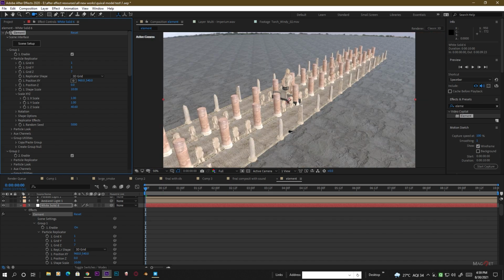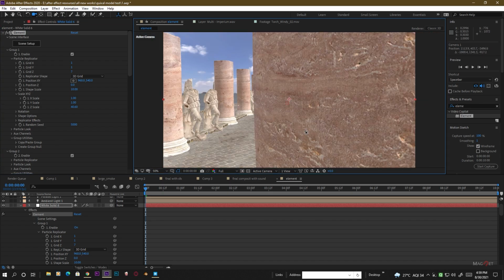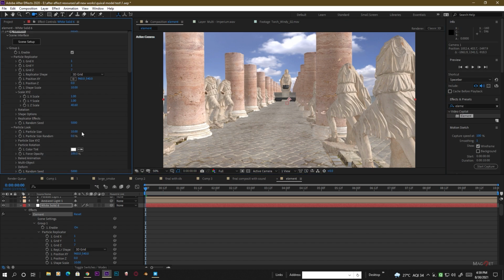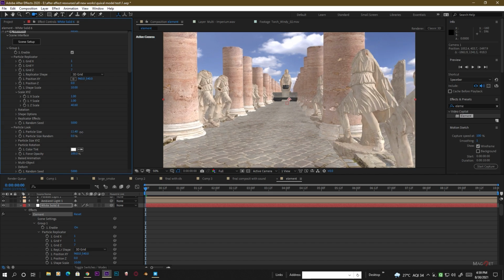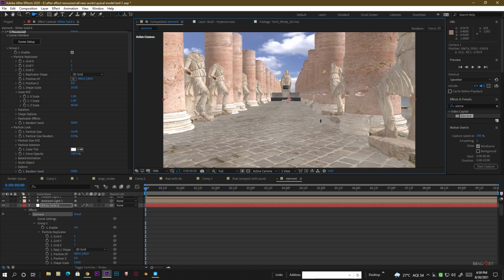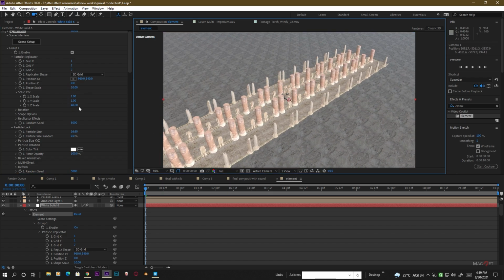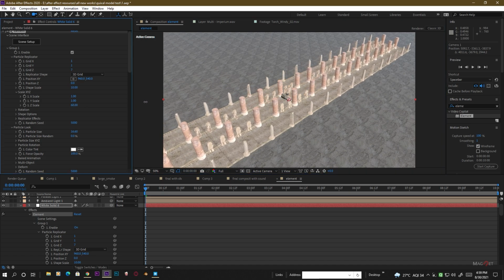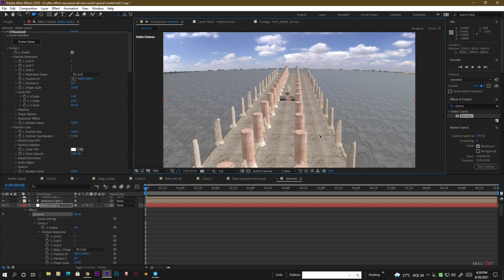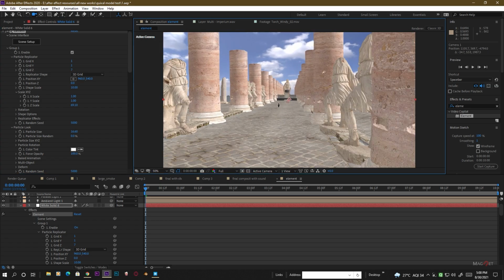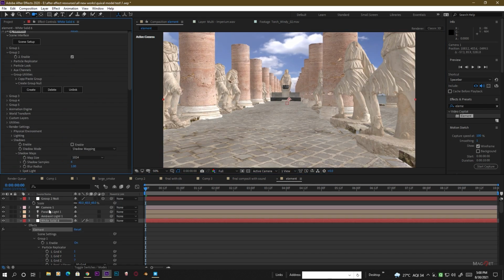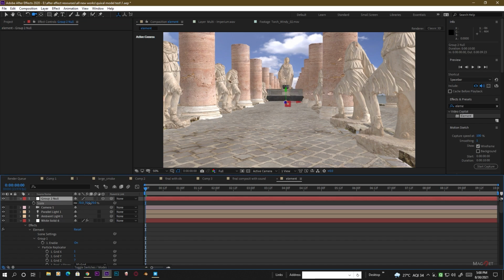Okay, and you can see that it looks a little small here, so if you want you can increase the particle size. So go to the particle look and increase the size like this, and once you increase the size you need to increase the Z scale shape as well. So this is a nice start here. Now we go to the group number 2 null object here and increase the scale